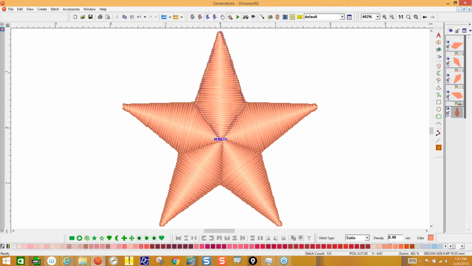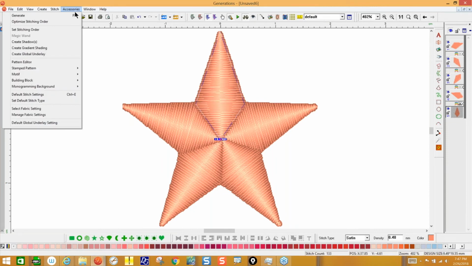If you make one of these, it's a little bit of work, but if you put it in your building blocks, you've got it. You only have to do it one time and you have it. And if you don't know how to save a building block,